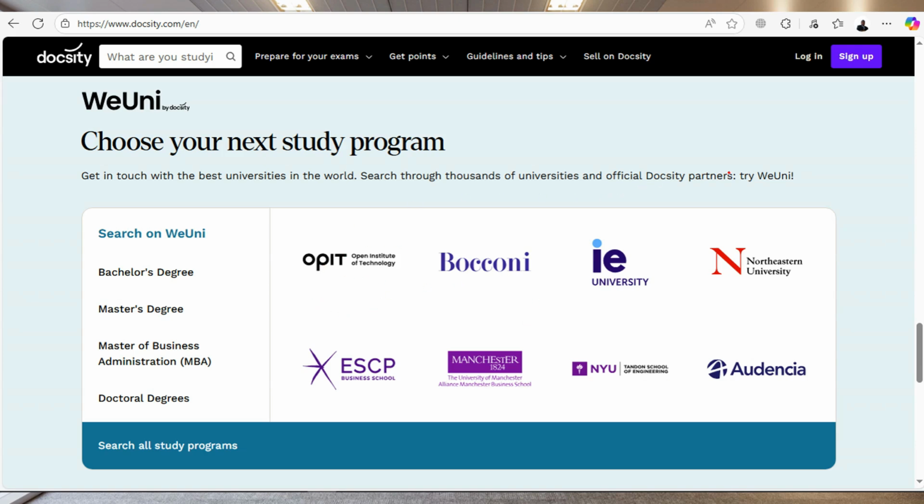And they have something called Try Uni. I think this is a feature that bundles together the universities that Docsity works with, and it's very, very good, especially for people that are looking to advance their careers. And some of these partners that have partnered with Docsity include Bocconi, IE University, Eastern University, Escape, Audencia, and